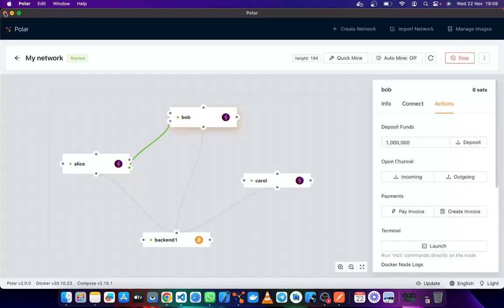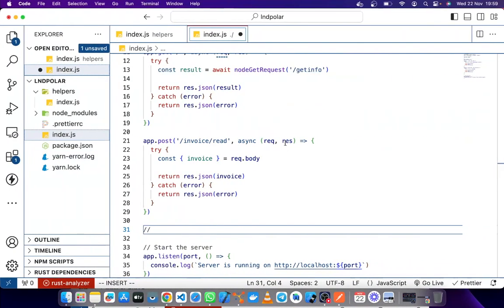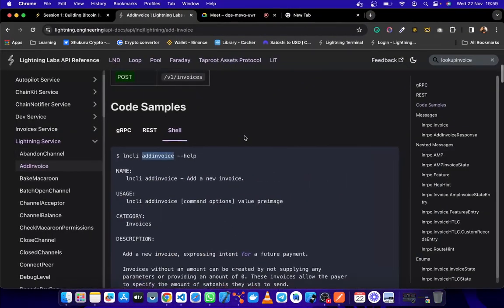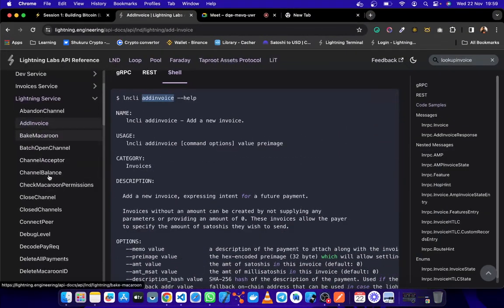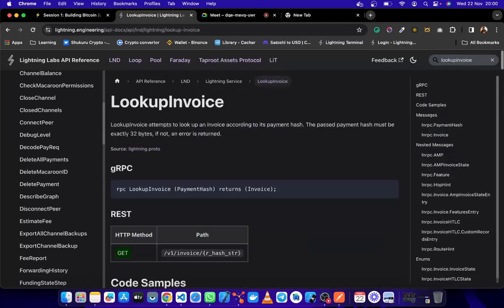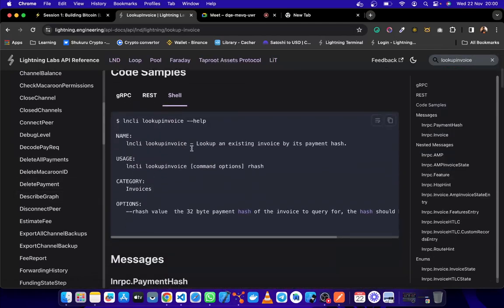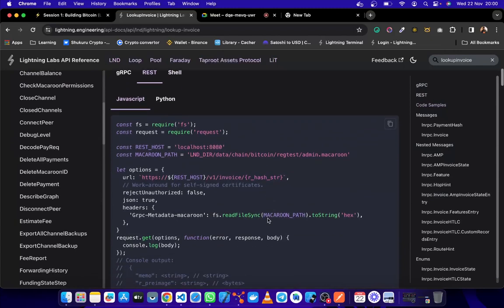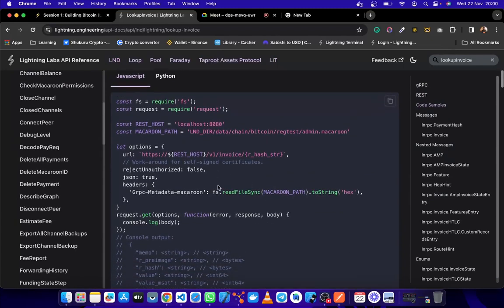So let's try to create the endpoint that decodes that through here. So we have the lookup invoice endpoint. So here it shows you that you'll have to enter the payment hash, this one, in form of a string.